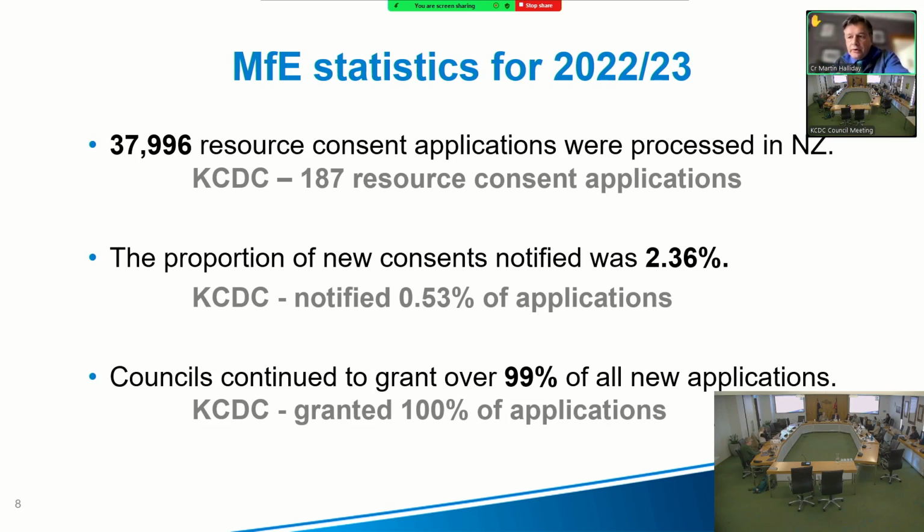Sorry, if I can add to that, it's always advantageous to get written approval if you can for your development. If you have written approval from neighbour or neighbours, then under the planning framework, planners would disregard the effects on that neighbour or those neighbours, which then alleviates your assessment of effects quite considerably. So if those neighbours sign off on your proposed development, then council or the planning team would disregard potential effects on those neighbours.